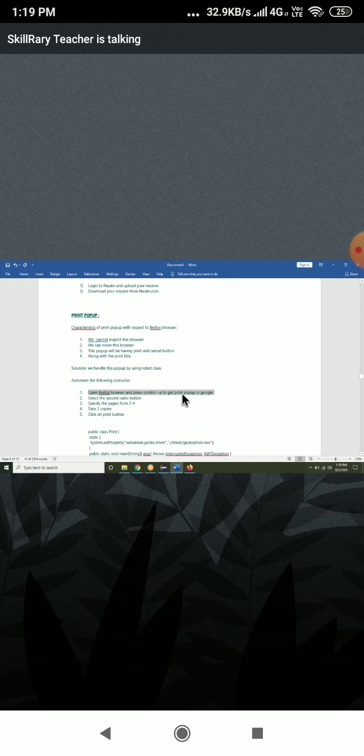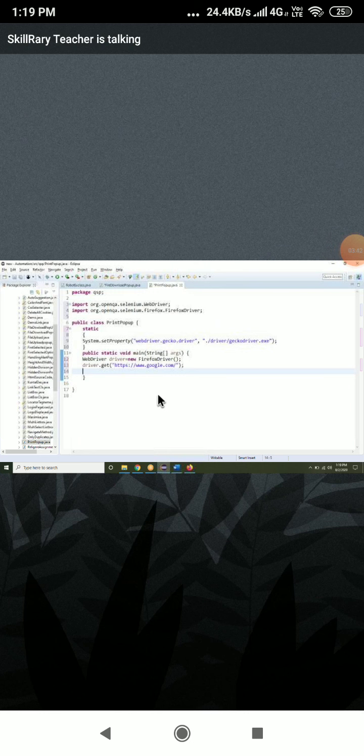Sorry, first step is not done. Open the browser is done. Enter google.com is done. Now I want to press Ctrl P. And then how to press Ctrl P? By using Robot: Robot r is equal to new Robot.